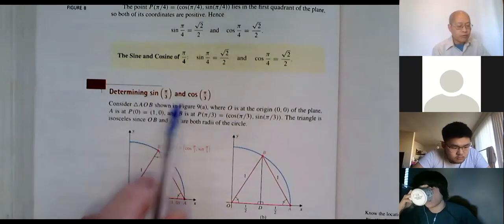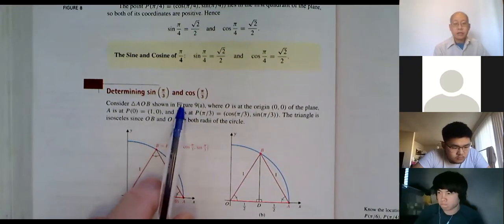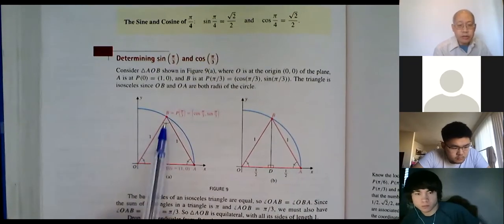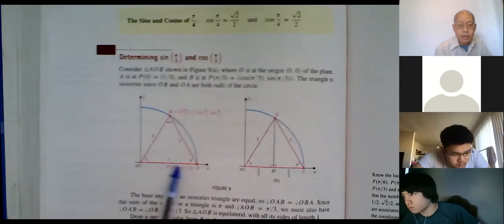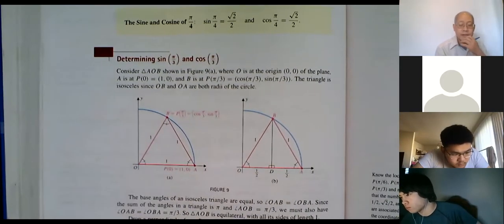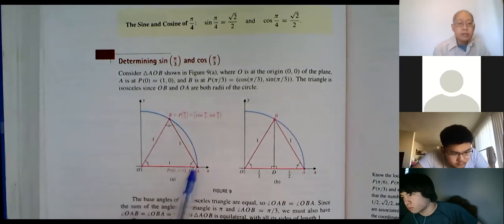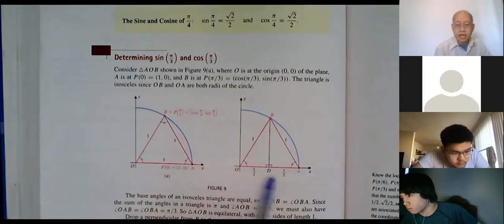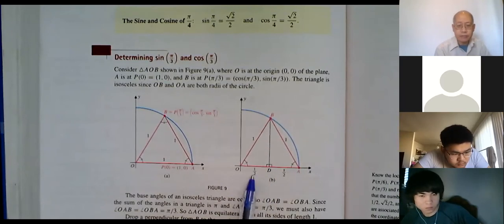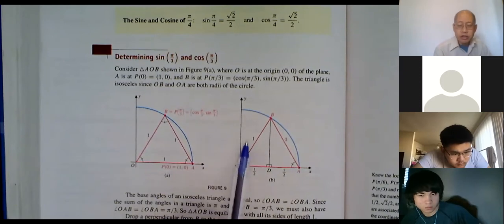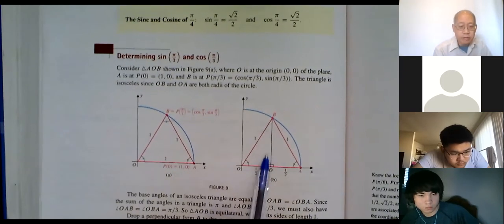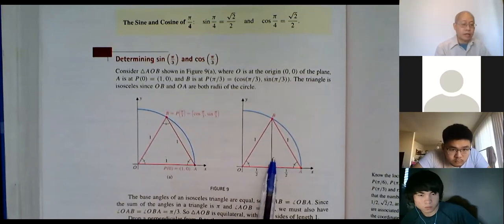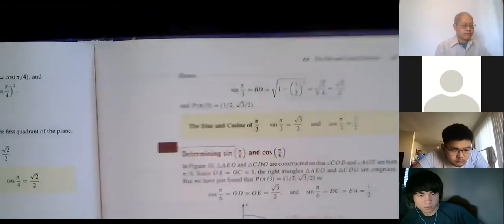Okay, then pi over 3, that's 60 degrees. So what they did was draw this kind of a picture. It's an equilateral triangle. I showed you the equilateral triangle before, right? This is 60 degrees. And they drop a perpendicular, which means this cuts it in half. So each of these is a half, right? And then by using the Pythagorean theorem, you can find this to be radical 3 over 2. I showed that to you the other day, so I don't want to show it to you again. But this is going to be radical 3 over 2.